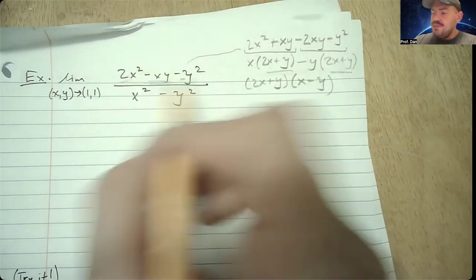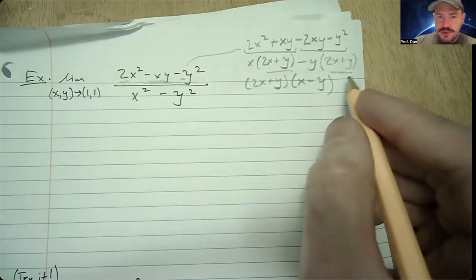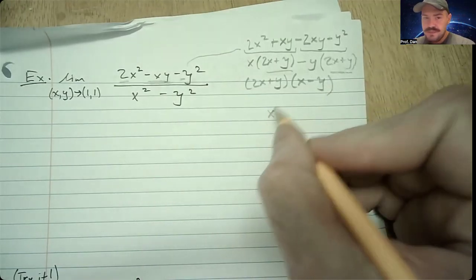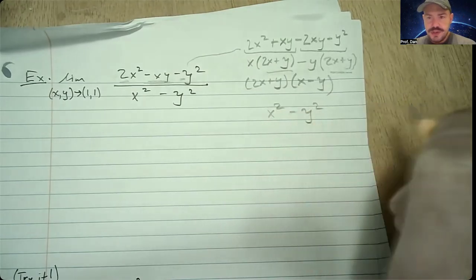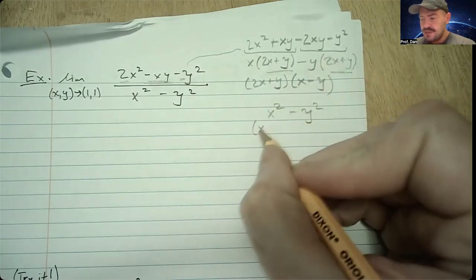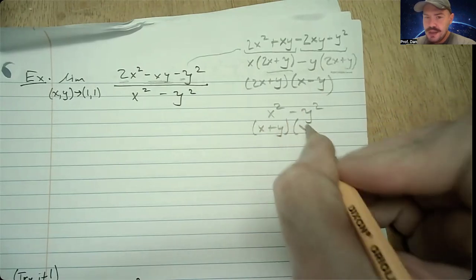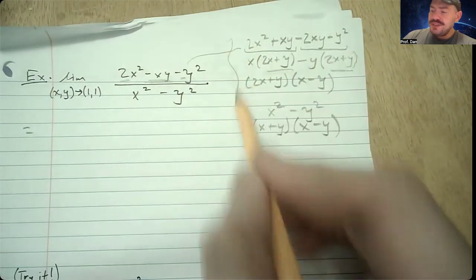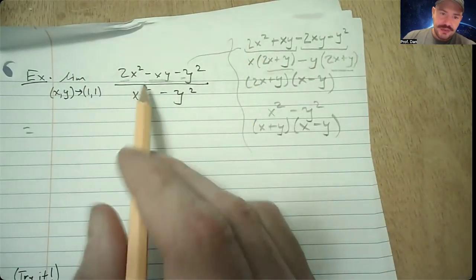So I can rewrite the numerator as that factored form. And if I look at my denominator, this is the difference of two squares. So I know that this factors to x plus y, x minus y. So I did this work on the side. Now I can rewrite my limit